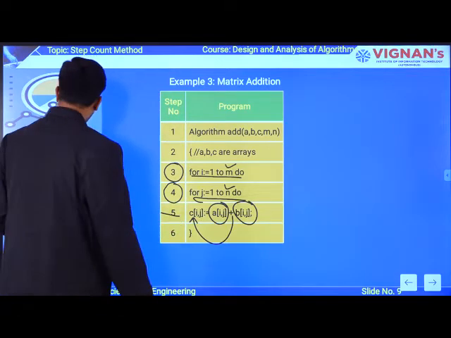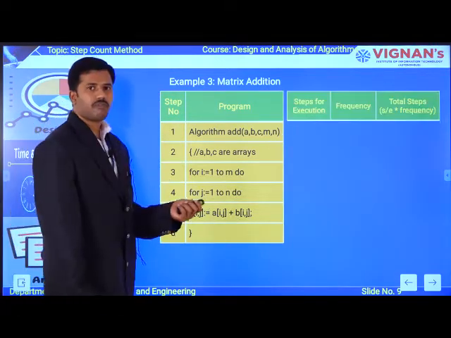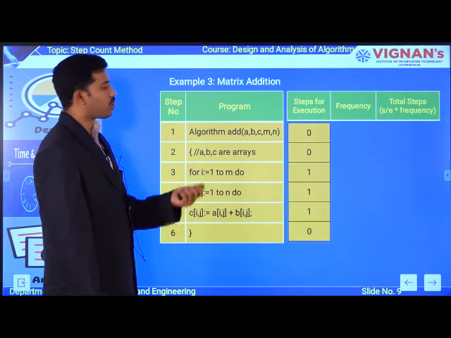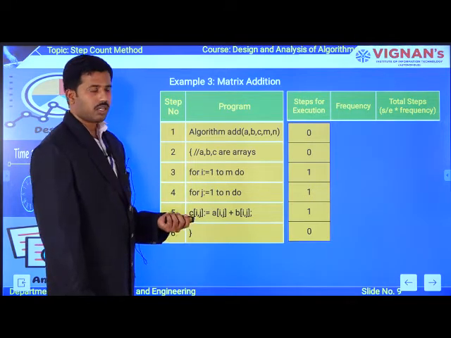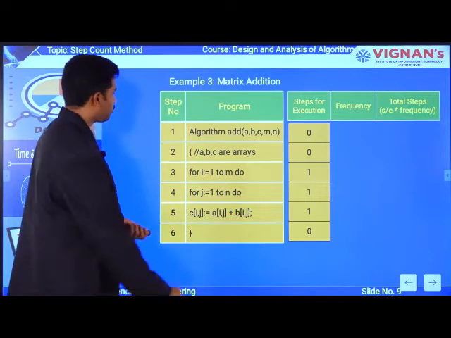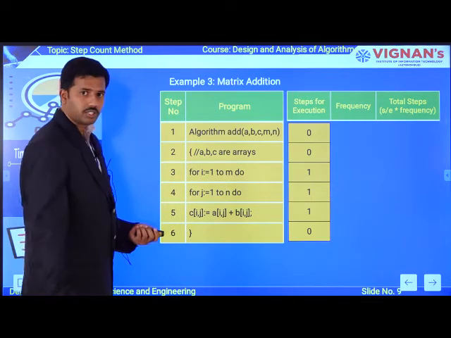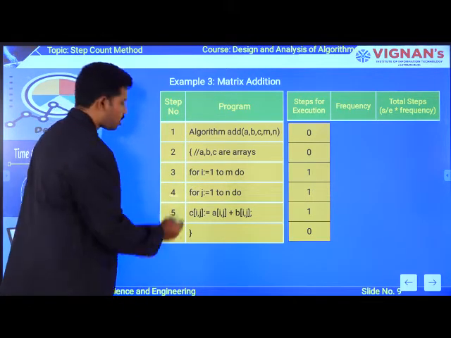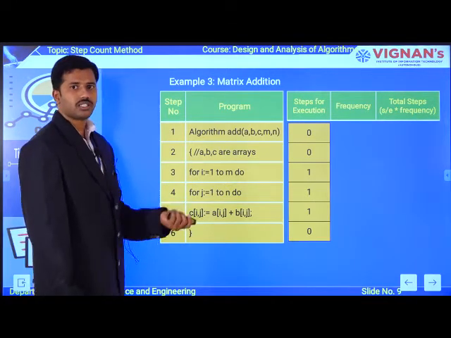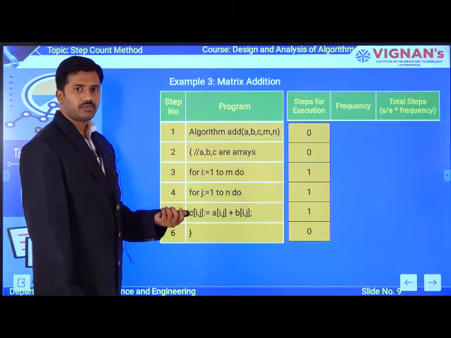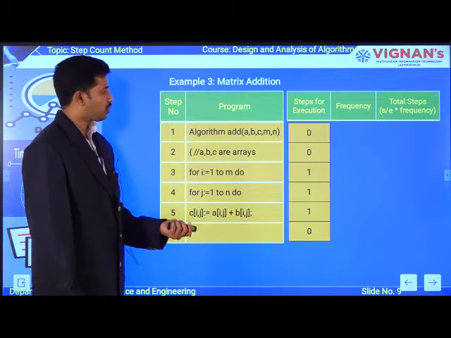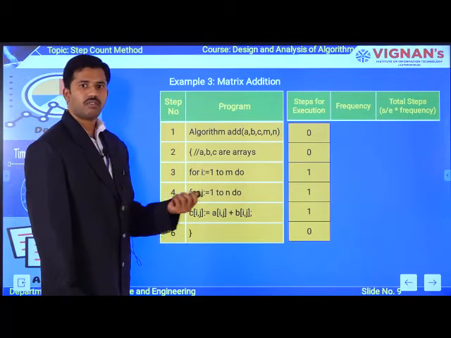Okay. So now I try to focus on how to update the first parameter, second parameter as well as third parameter. Okay. So first of all, you try to focus on how to update the first parameter. So among these 6 statements, what are the statements which are executable? The third instruction is executable, and the fourth instruction is executable, as well as the fifth instruction is also executable. Remaining instructions are non-executable. What is the value for the non-executable? Ultimately the value is 0. So likewise you are going to be updating the value for the first parameter.